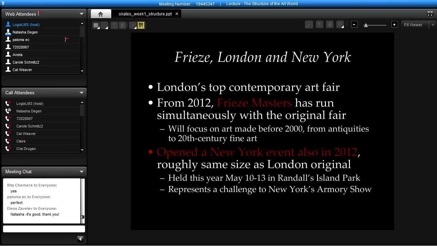stake in the fair, and now has rebranded the fair as Art Basel Hong Kong. So it'll be very interesting to see how that affects the development of this fair, which has already become the most important fair in Asia, and whether this affects the quality and also the types of galleries that participate.